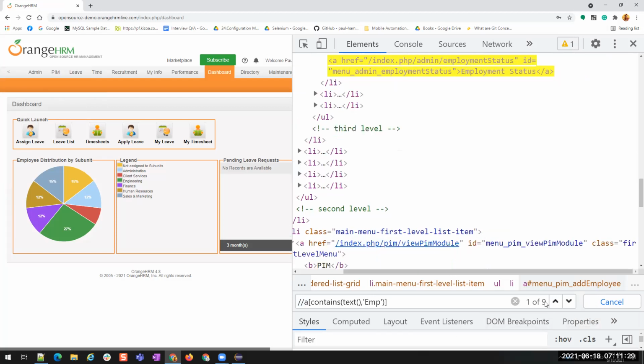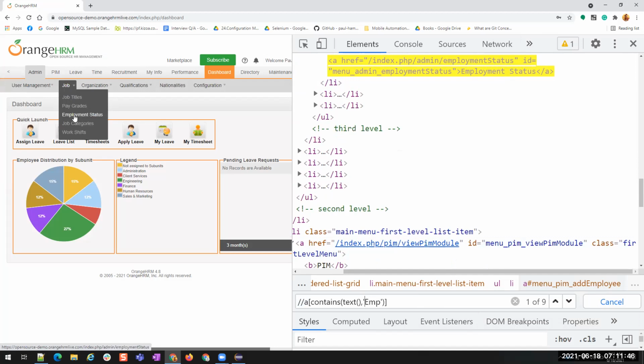You see, 9 links are present, but where are they? One is employment status. It will be somewhere here. You see employment status. This is still present on the page, right? If it is present on the page, then the HTML will be there. Now employment status, EMP is there. It is found.